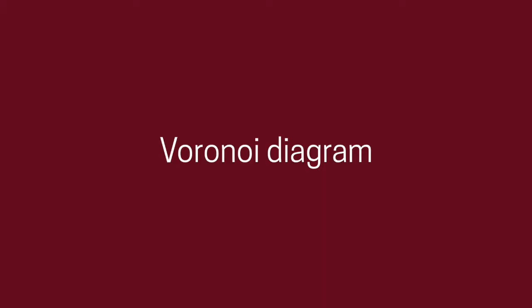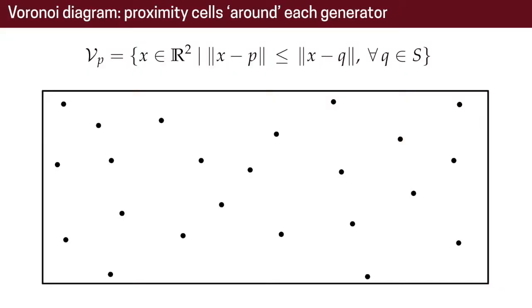Let's start the lesson with the Voronoi diagram. If we speak of a Voronoi diagram, we speak of a set of points. So let's say we have some elevation points that were collected around. We start by projecting these points to the 2D plane, as we saw in a previous